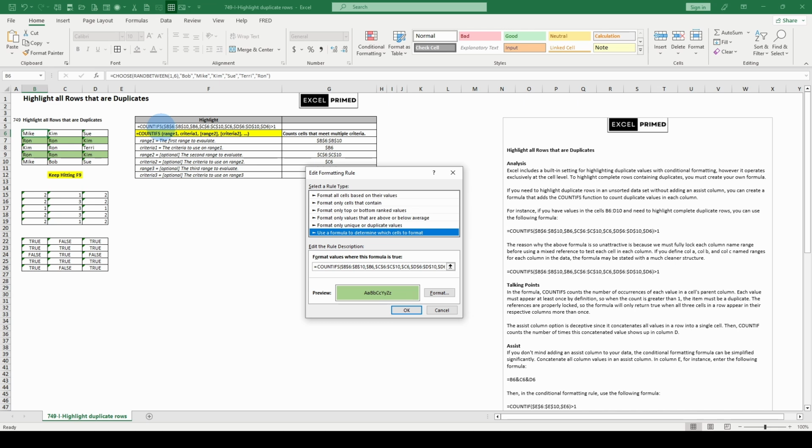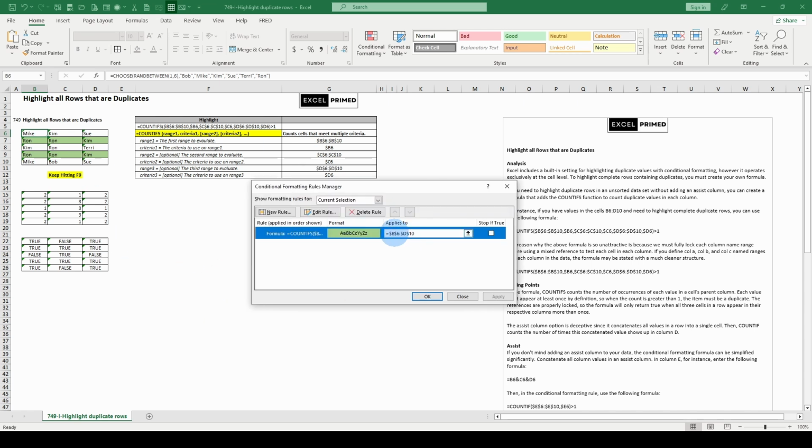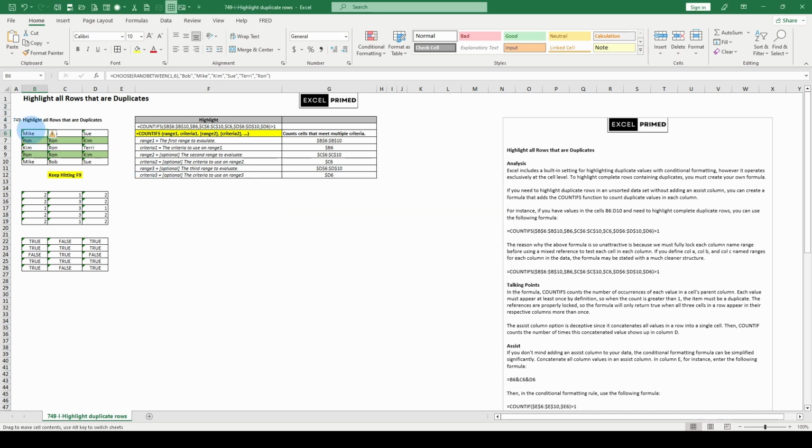Otherwise, here's a case where if you don't insert your absolute values and your mixed values, this deal is going to blow up on you big time. And it may crash every worksheet you're working on. So be careful. Make sure it applies to D6 to D10. So when you insert this, be sure to have this highlighted before you attempt to